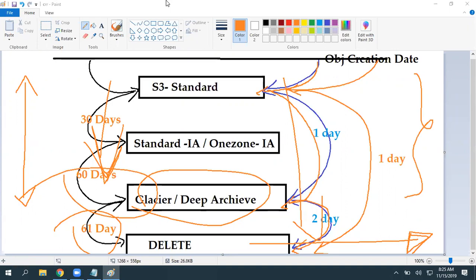Okay. Is it possible to change the expiry date manually for any specific object? No. If you are applying a lifecycle rule for the entire bucket, that is not possible. But we can legal hold that object. We'll talk about that. So can we define metadata fields to an object? Yes, we can, by using the tags option. We will talk about that, Vijay.